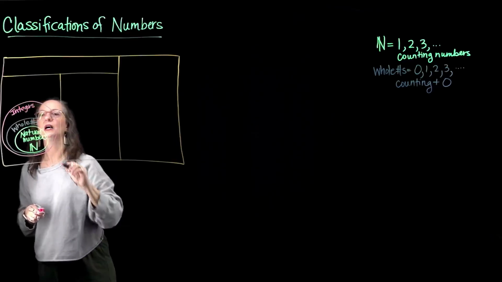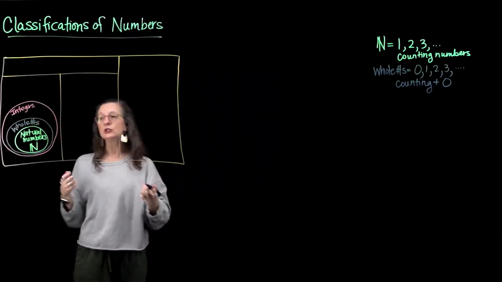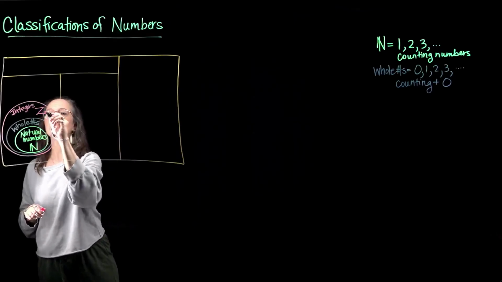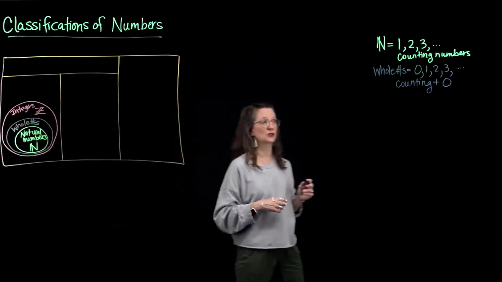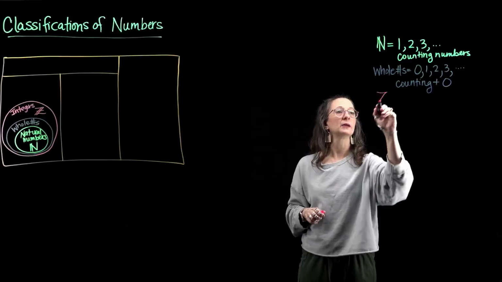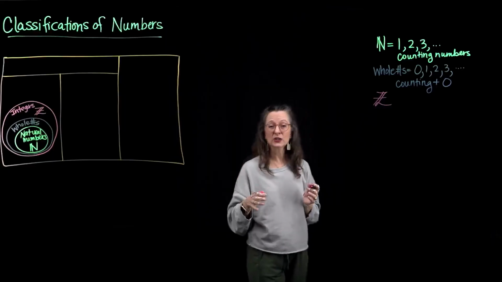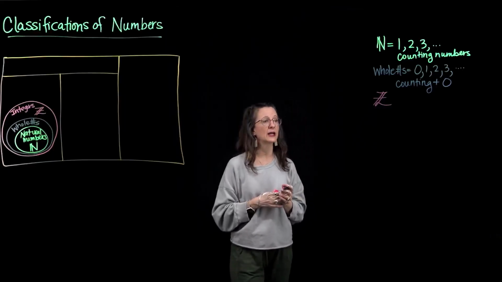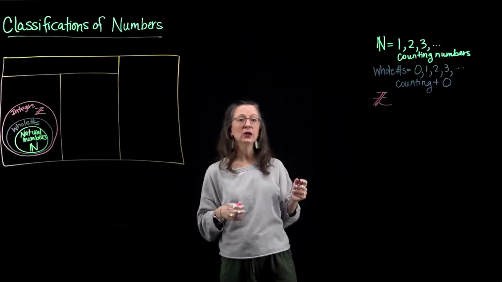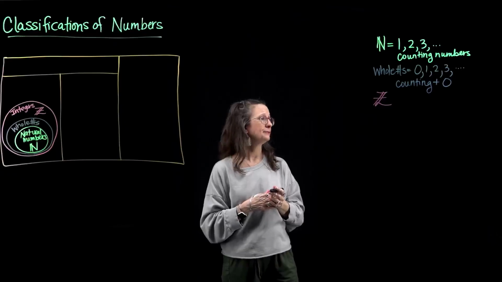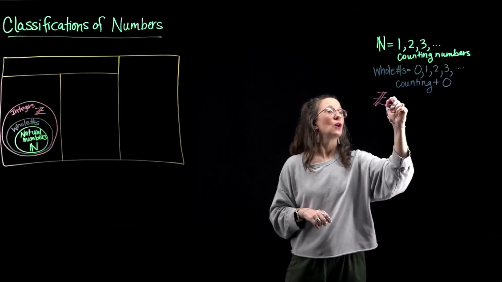So I'm going to draw a circle around the whole numbers and label it integers. Integers have a special symbol, and it is Z. And the Z also gets an extra bar. Let me write that up here to the right. So I'm going to draw that Z, and it gets an extra line on the diagonal. Now my Z's also get a bar straight through that diagonal because I'm a math geek and that's how I do it. So this is our